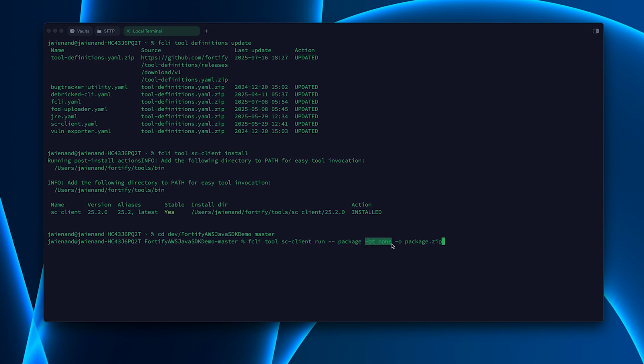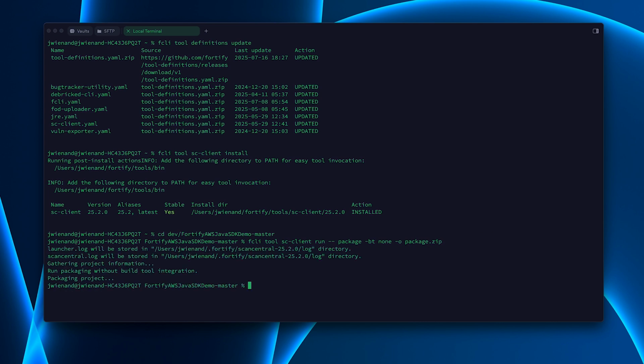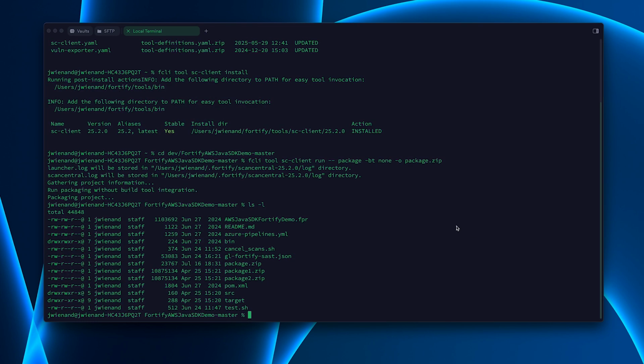I don't have any build tool in this demo code base, and this is why I put in none. Here you can also do Maven, for example. So all the ScanCentral SAST commands apply here as well. And then you have the output for the package itself. So I just name it package.zip. And if you execute it, you can see that this will generate the package.zip